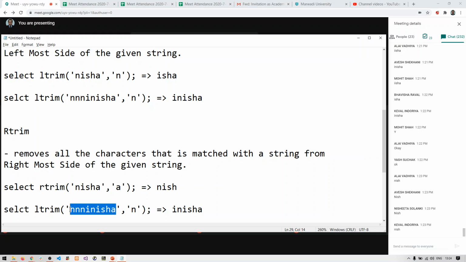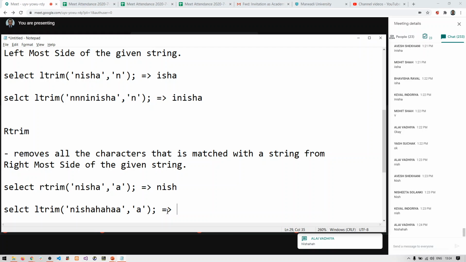Let us take one more example. Give me the answer for this: Nisha Haha, and the character to be trimmed is A. What will be the answer? Yes, so we will move to the rightmost side. Compare the first character, it is matching, so remove.